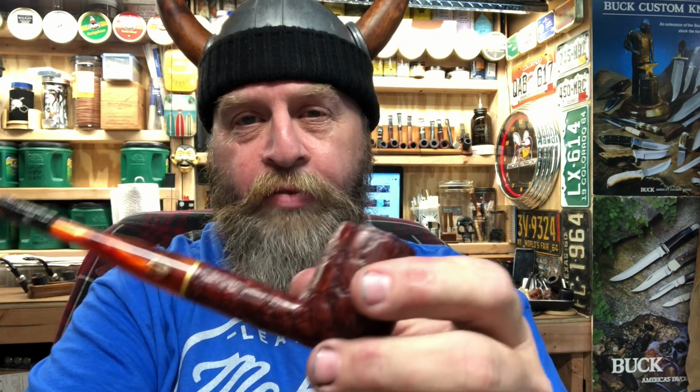So a while back, I started thinking of a way to make a travel case for my pipes. Specifically, this pipe and its two brothers, because I have 3 of these that are identical. Well, almost identical. And I wanted a travel case that wasn't like anybody else's travel case. I didn't want a pipe roll. I didn't want some of the things I've seen before. So I came up with something, and